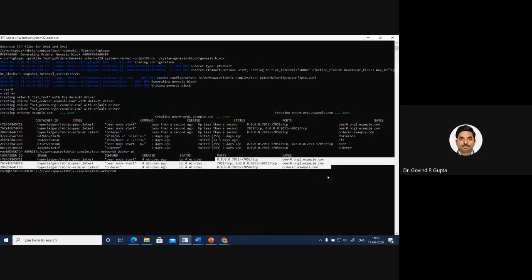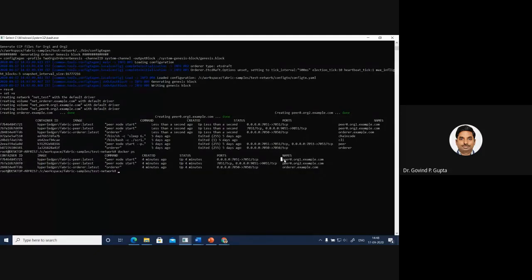So what are these? The first represents org1. Since I am using a single machine, in the same machine I have created the three images, three different entities, and how they are communicating. Suppose in real time, these images belong to different machines.